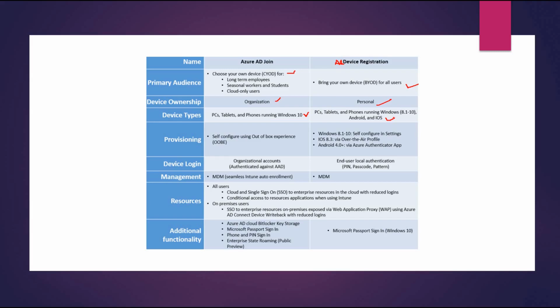But once we apply the MAM policy, what happens? Let's say I have applied a MAM without enrollment policy to Outlook. The user logs into Outlook and then gets a few prompts, and then the MAM policy on Outlook is effective, and the cut, copy, paste and all that behavior is governed by the administration. So in that case, the device undergoes a silent Azure AD registration. So if you're doing a MAM without enrollment for Android or iOS, you will see that the device undergoes a silent Azure AD registration and a record of the device gets created in Azure. Hence, over here it says that Azure AD device registration can be done for Android as well as